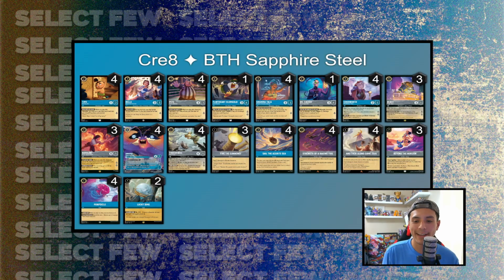I'm super excited to showcase my brand new Beyond the Horizon Sapphire and Steel deck I have created. I created this deck just because I got tired of losing into Ruby Sapphire or Amethyst decks, or pretty much just decks in general that drew a lot of cards, and Beyond the Horizon is the perfect card to counter